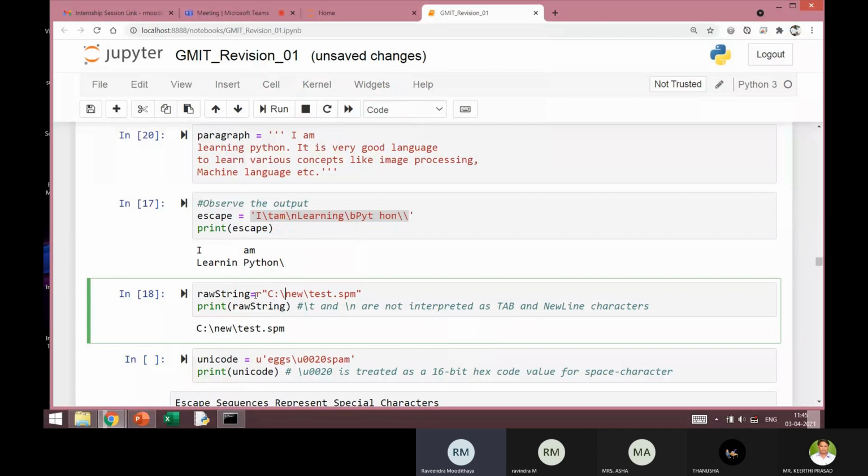The difference is there is one R preceding this statement, and if you put R here, it is considered to be a raw statement. Raw statement means all these backslash N and backslash T, they will not be interpreted. They will be considered as some raw characters. So they will be printed in the output as it is. As you can see here, this output is exactly same as whatever typed here. Okay.